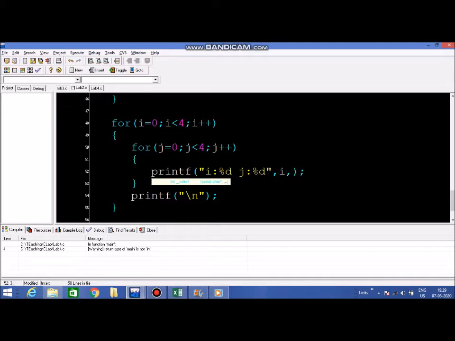What do you think the output will be? It will basically show on the screen i and then the number, whatever i is. Then it will show j and the number, whatever j is. I know it's a bit tricky to understand what exactly is happening in this printf statement, but basically it's displaying i and j in a formatted manner. That is why that f is there in printf, that is printing in a formatted manner. I know it is not clear yet, but we will learn as we go. So let's see the output. Compile and run.